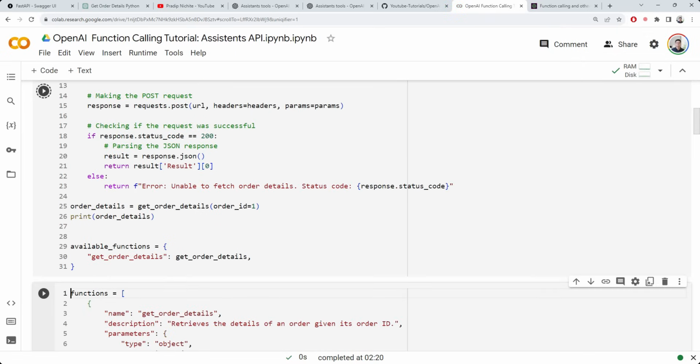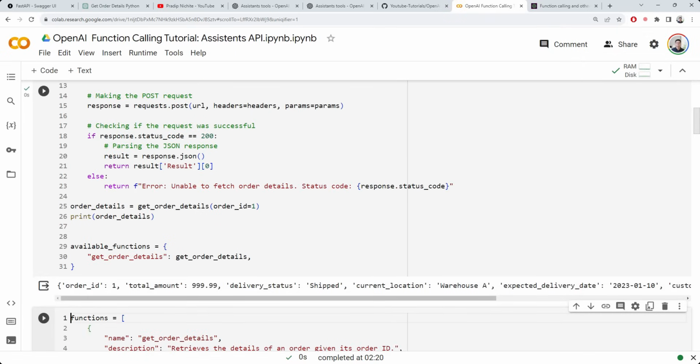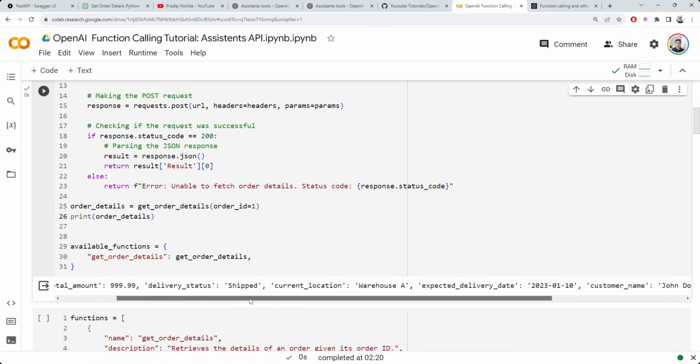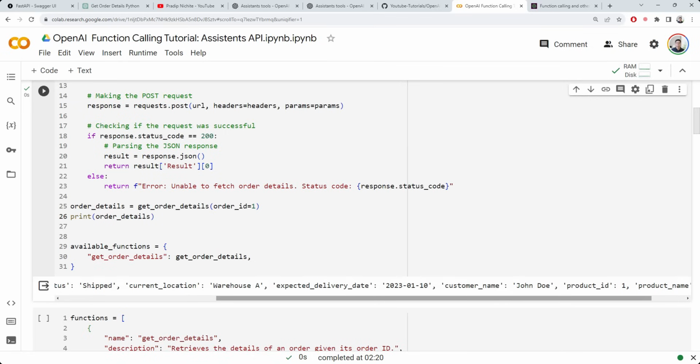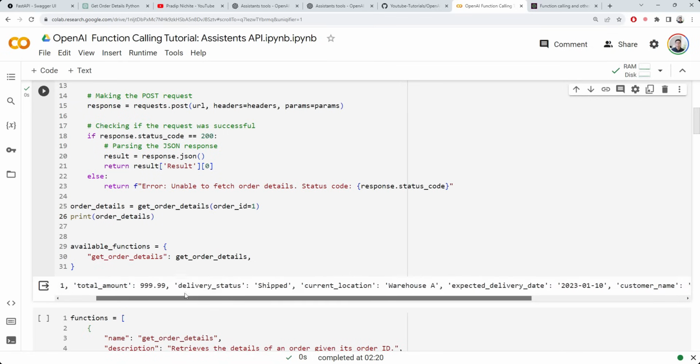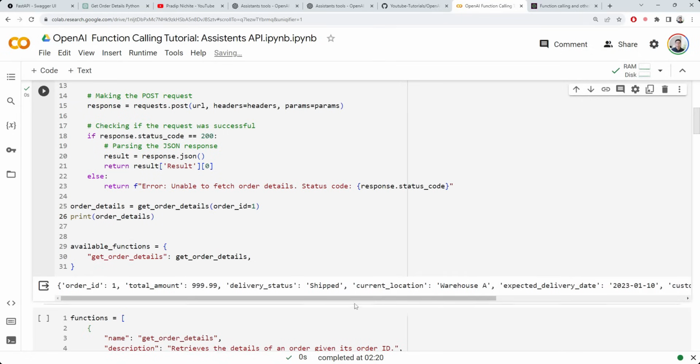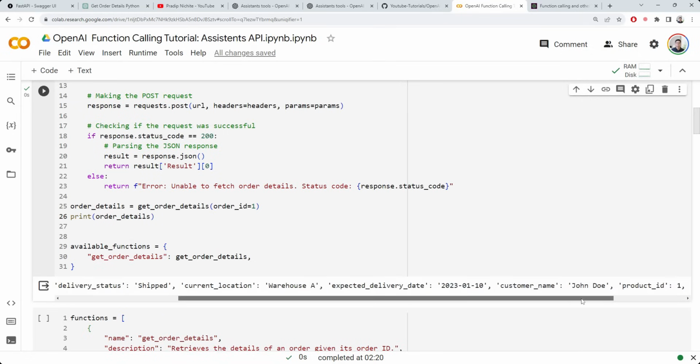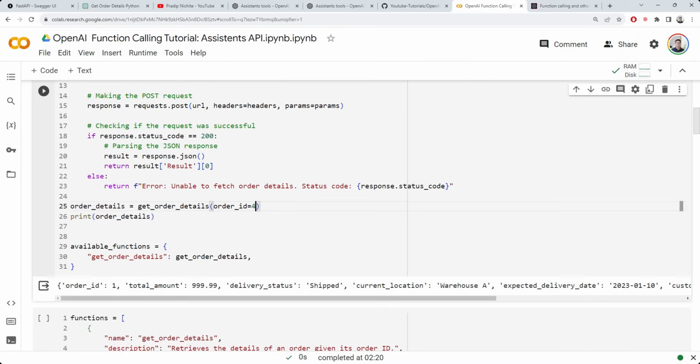If I execute this function and pass order ID equal to 1, you can see the function returns some information about the delivery status, where that order currently is, what its expected delivery is, and that kind of stuff. The data might be old because I just generated it, so look at the concept rather than the factual correctness of the data. Similarly, if I pass a different order ID,